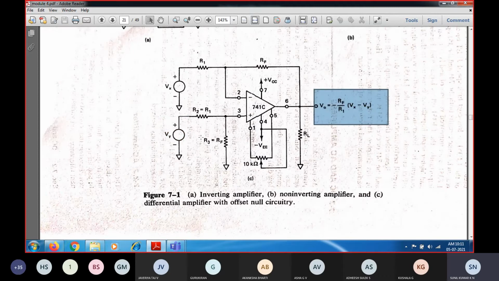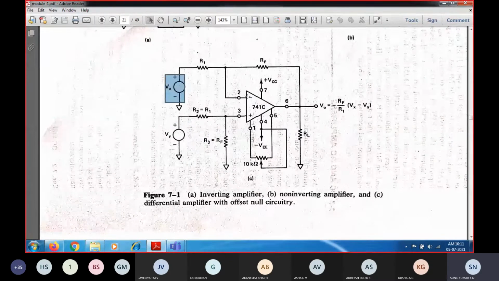In order to find the output voltage, first we are going to apply the superposition theorem. That means I am going to take individual voltage sources. When I reset Vy equal to 0, what will happen? With Vy equal to 0, the resistances R2 as well as R3 will be directly connected to ground, and with the voltage source Vx alone I am going to find the output voltage. Since the Vx voltage is given to the inverting terminal, you will be getting what?